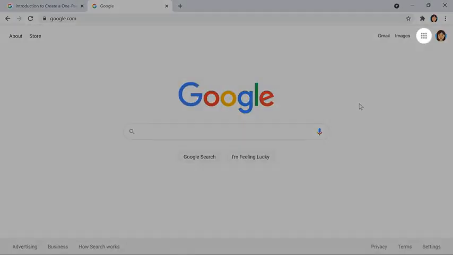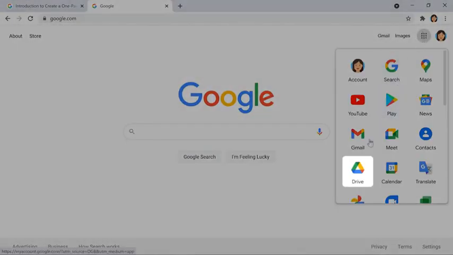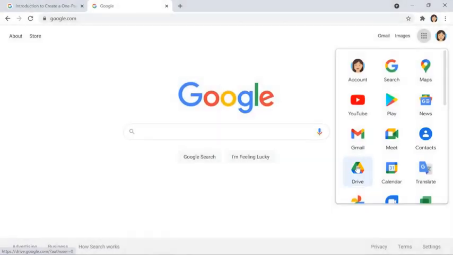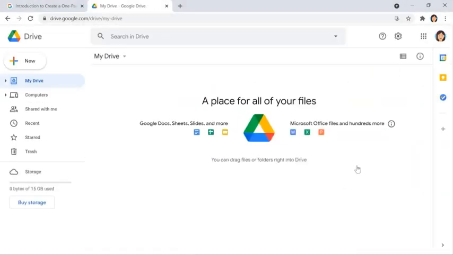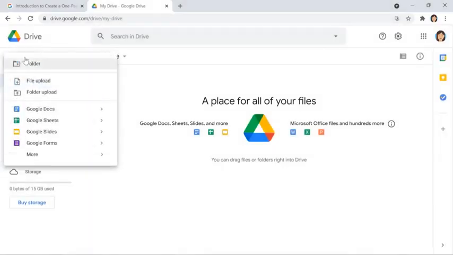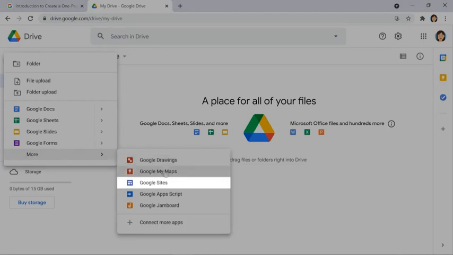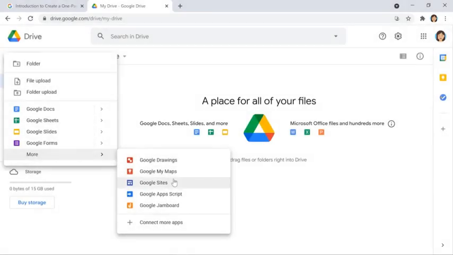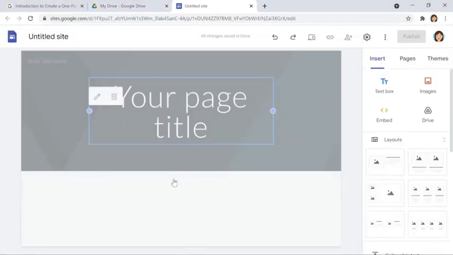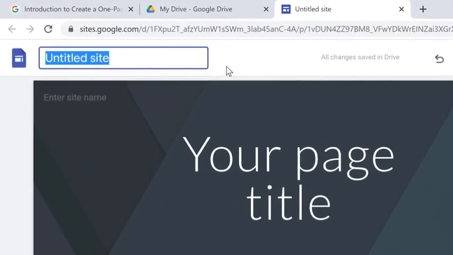To begin, create a new website in Google Sites. And name it. The example in this lesson is to encourage people to sign up for a neighborhood fitness group,